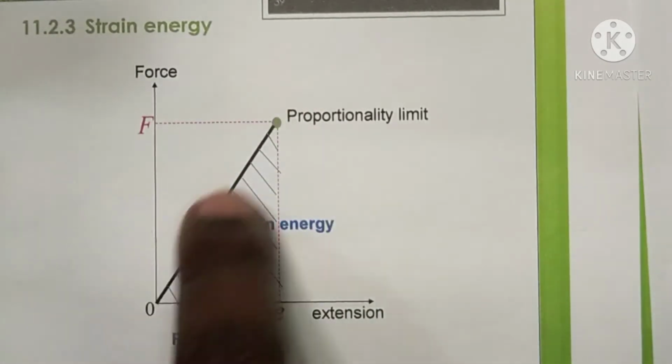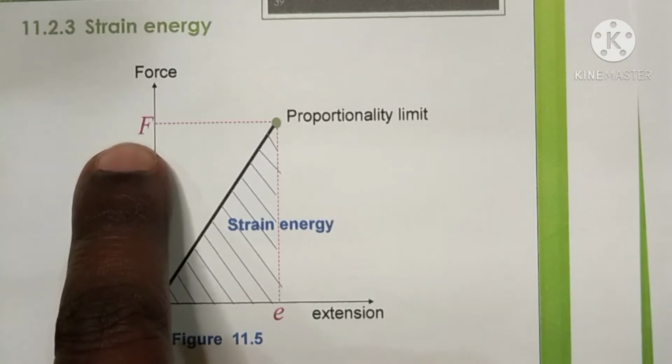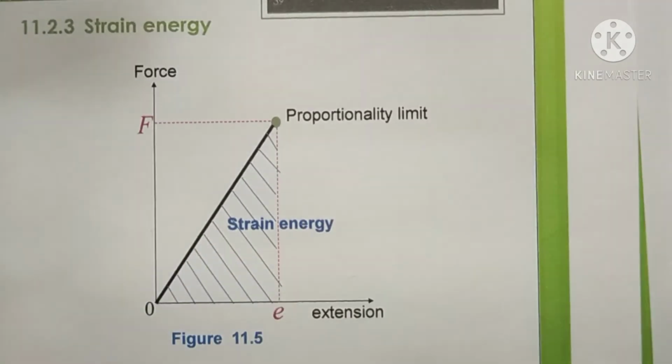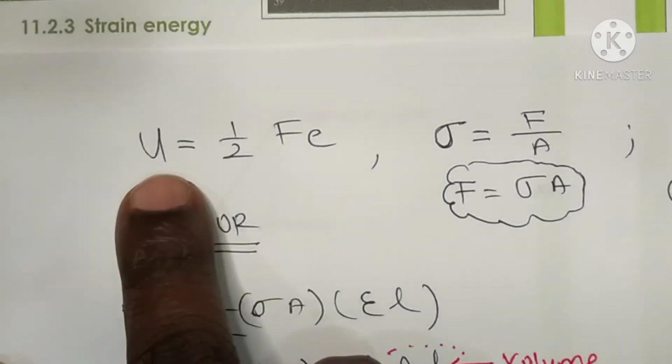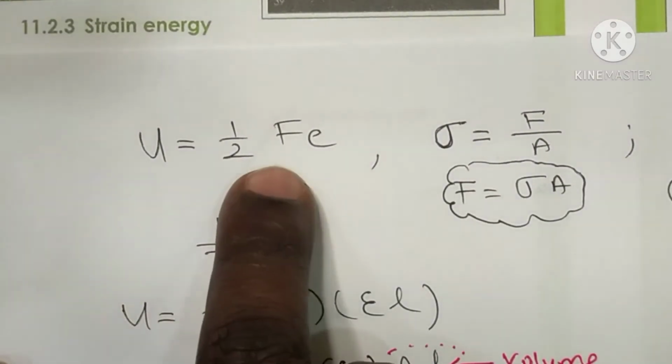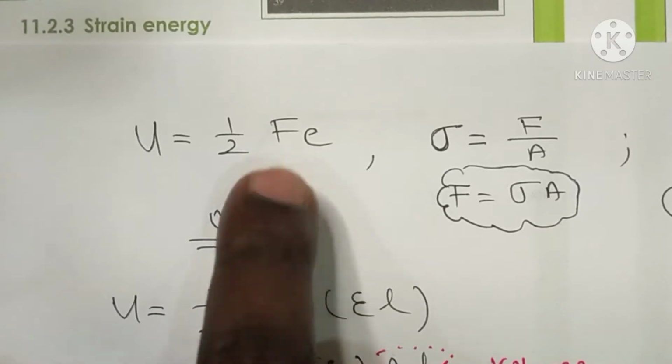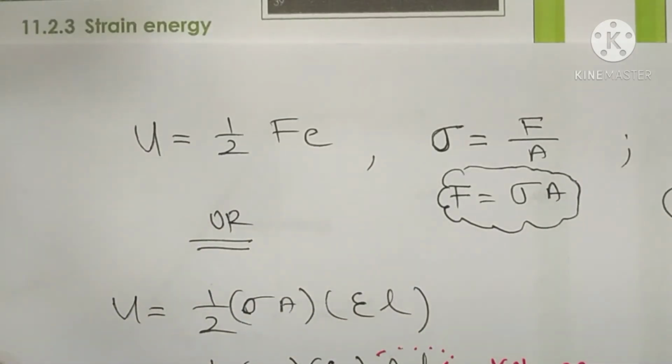The area of this triangle is half times the force times the extension, and that is the strain energy U equals half times force times extension. And we have another option